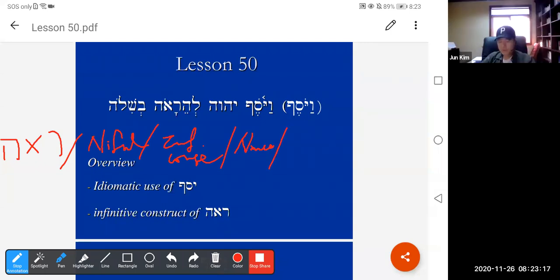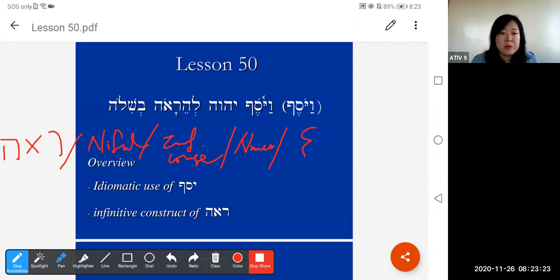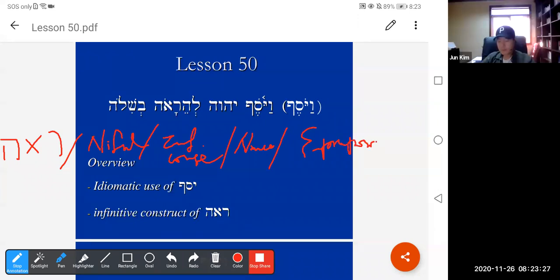Special picture. Le preposition. Lamed preposition. Right? Some of you may be easily tempted to put hair in the beginning, right? But no, you cannot do that. So then, meaning,